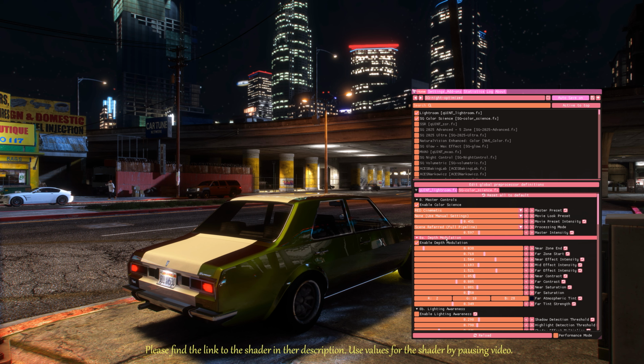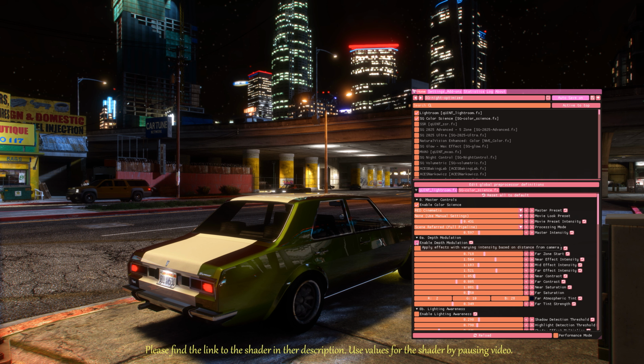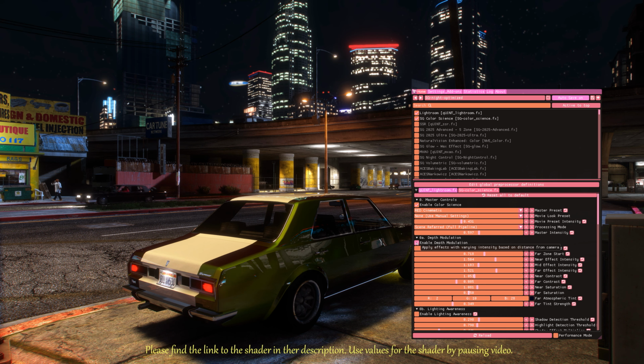The next important section is depth modulation. You can enable or disable this feature using the checkbox. When enabled, the shader applies effects with varying intensity based on the distance from the camera. You can define where the near zone transitions into the mid zone as well as how the mid zone transitions